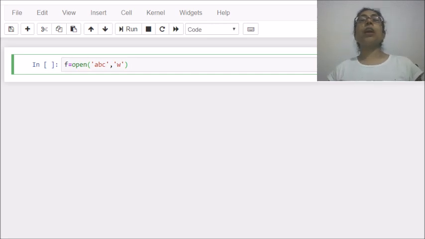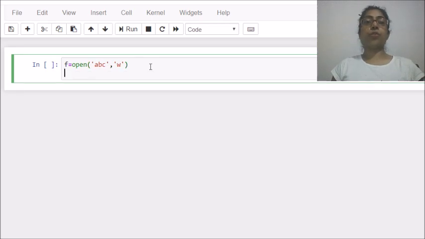And one more thing I would like to tell you, if you want to open a file for both reading and writing, you can simply write a plus symbol here with W. W is for writing. If you write plus, that means you can perform both reading and writing functions with such files. Now for this example I am just working with the writing operation, so I gave the mode W. W is for writing mode.